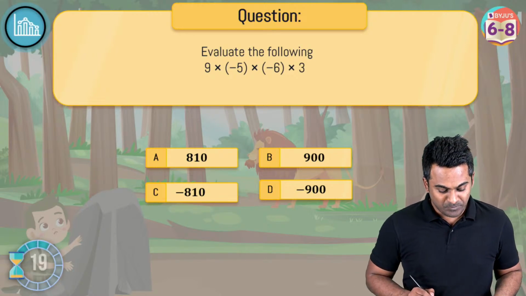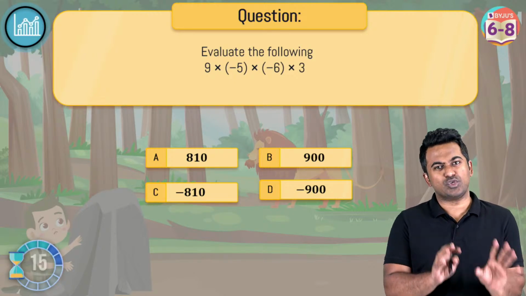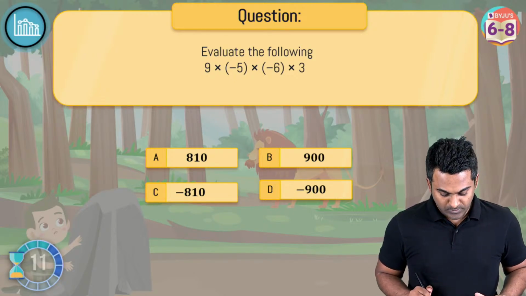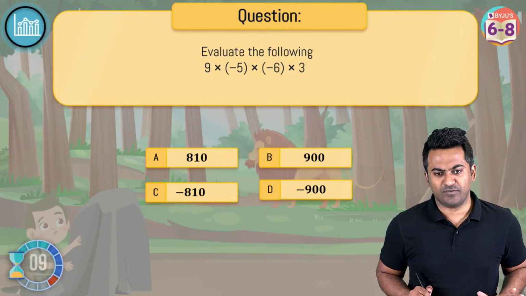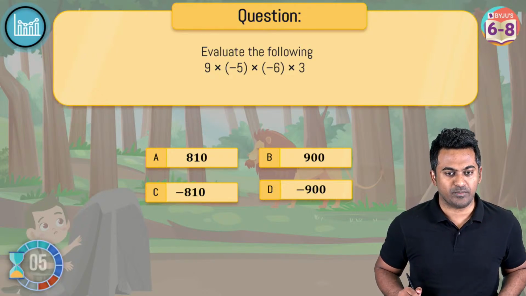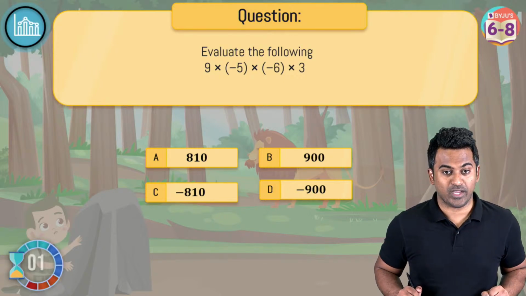Okay, so in whichever order you multiply it, it's not going to matter here. All right, you just got to take care of the signs. That's it. Cool. So positive or negative. All right, I have the correct answer here. 810 is what the Bianchi says. Nagendra says minus 810. Okay, let's see.